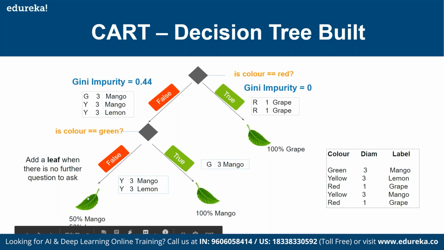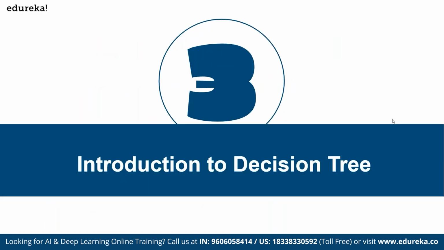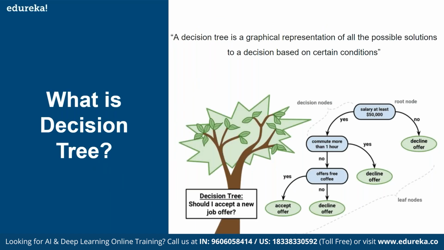It can either be a mango or a lemon. That is the distribution that we have at this node. So I'll quickly run over what decision trees are. We actually covered most of it. So in a similar way, let us take a real life example to understand what a decision tree is. It is a graphical representation of all possible solutions to a decision based on certain conditions, just the one that